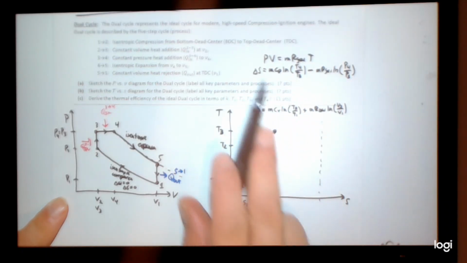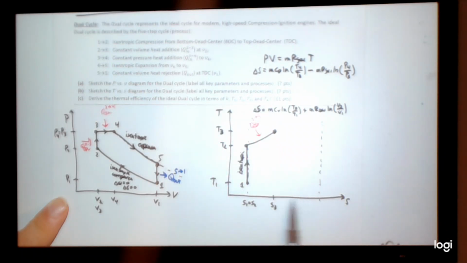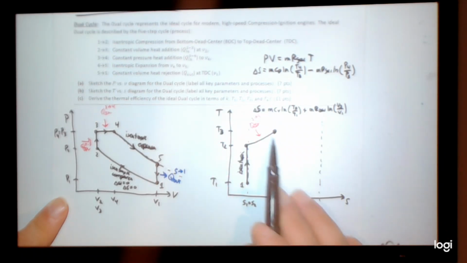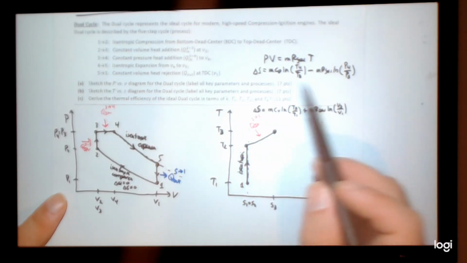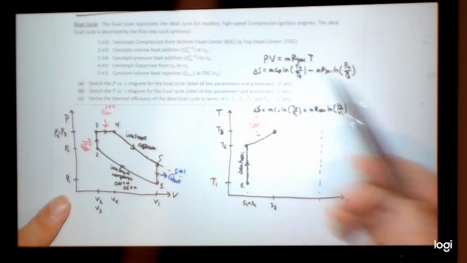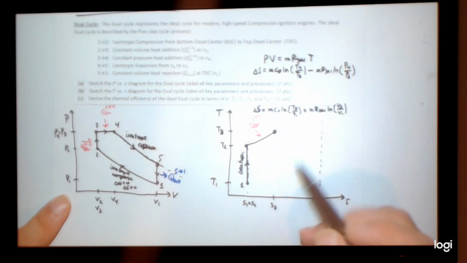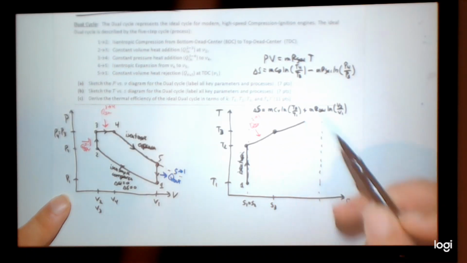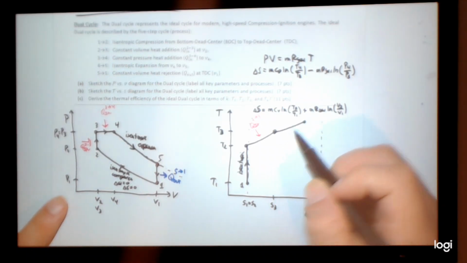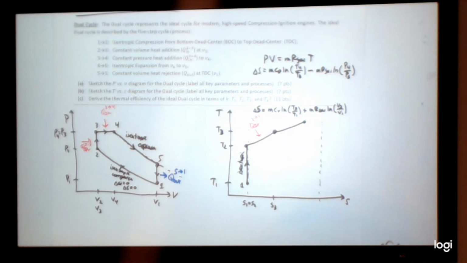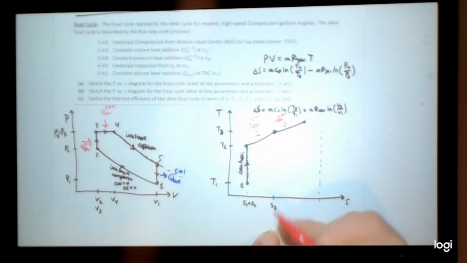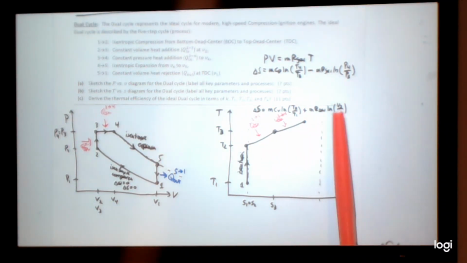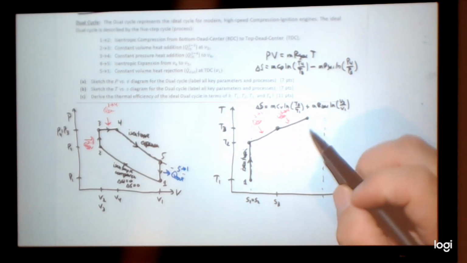Cp is different than Cv, so you get a different magnitude of your delta S's, and the slope is a little bit different. How could you find, of course you could take derivatives of these things, right? So you get something that does that. Put in Q in 3 to 4, and then I drew this line over here. Maybe I should have drawn it up. Well, the fact is I have another